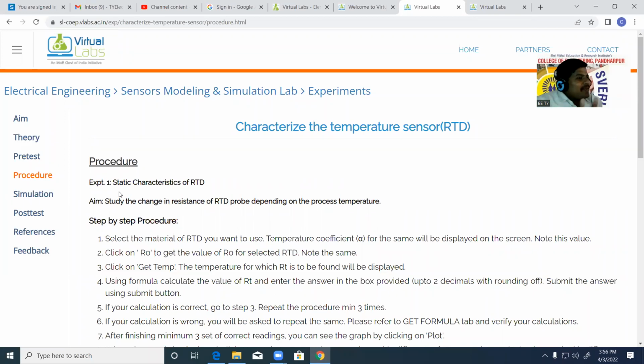So what do we need at the output? We need an electrical quantity. Suppose initially the current was 1 milliampere; because the temperature increased, the resistance increased, and because the resistance increased, the current decreased. Do you know the output obtained from the sensor is in the form of electrical, either voltage, current, power, or charge. So there is a change in the electrical parameter. Whatever electrical parameter we get at the output, it changes.